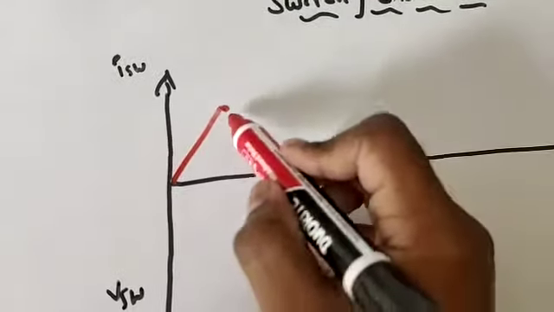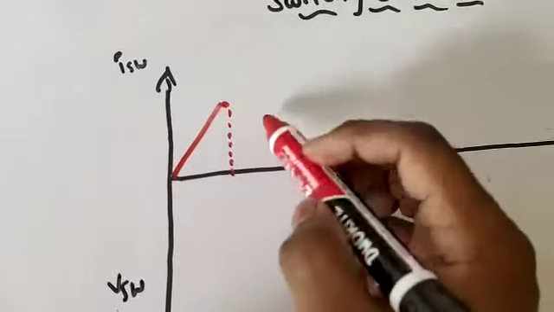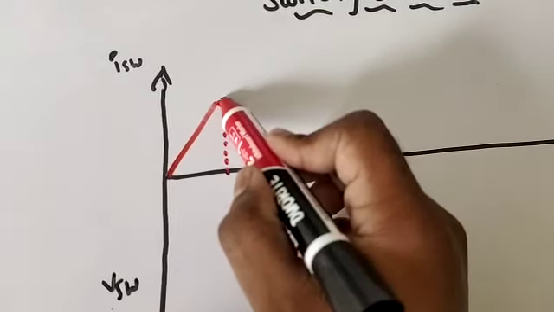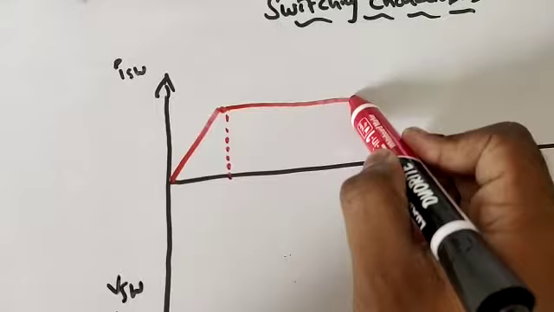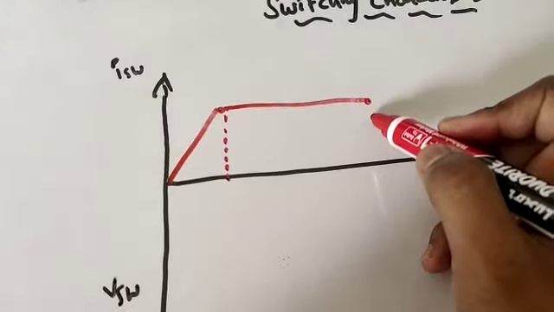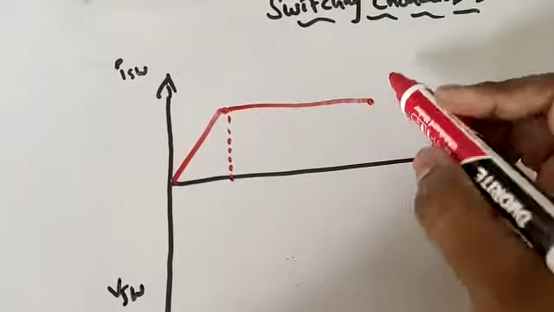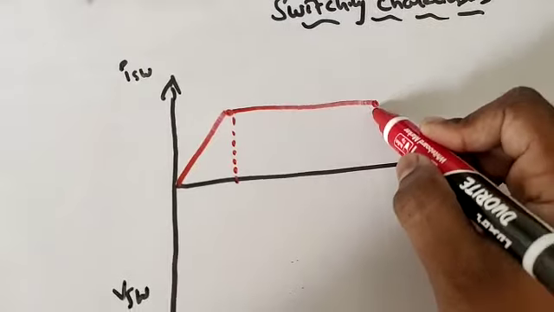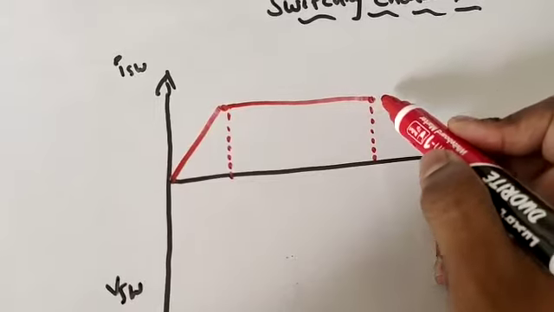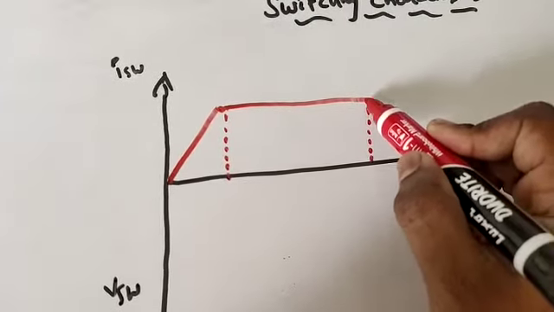So this is one instant, right? After that, at this particular position, the switch is completely turned on and attains the steady state on position. Until this condition, the switch is in steady state on state, completely on. And at this instant, I turn off the switch. I have just turned off the switch, and it will take some time to completely turn off.